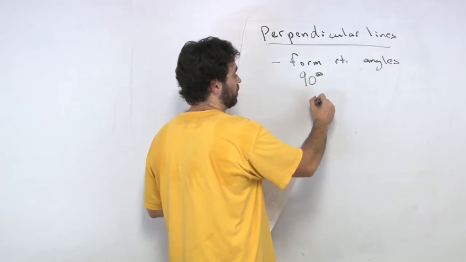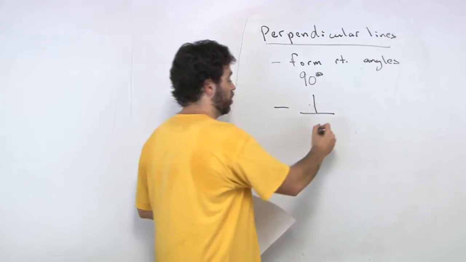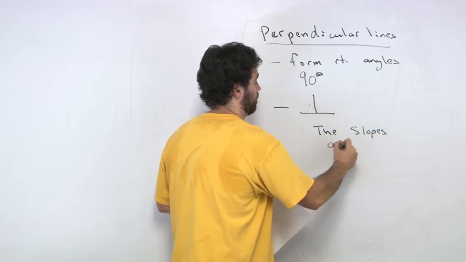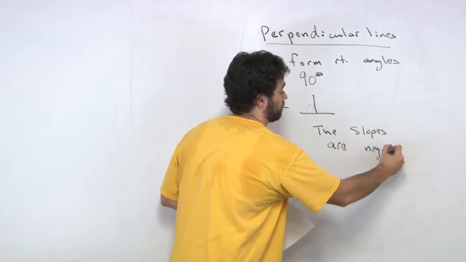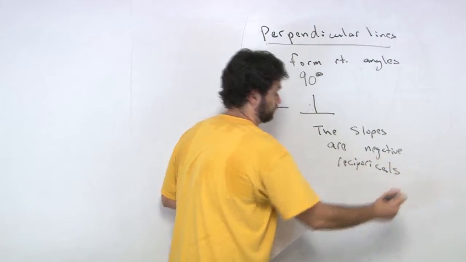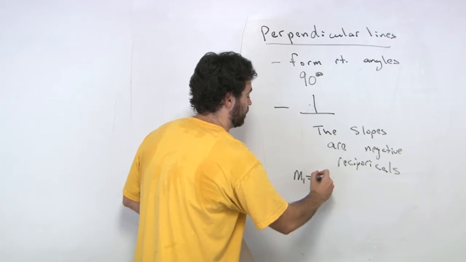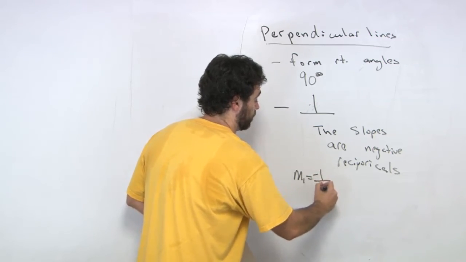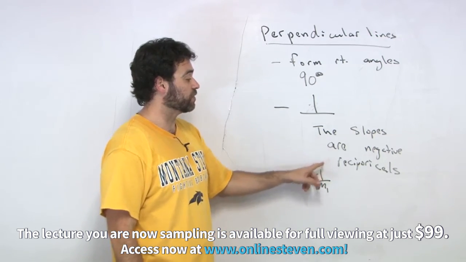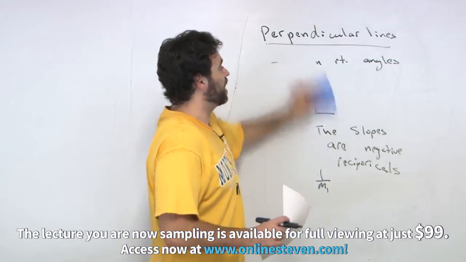And what do we know about perpendicular lines? So perpendicular lines, there's our symbol for perpendicular. Their slopes are negative reciprocals. Okay? What does that mean? That means that m1 will equal negative 1 over m2. They are negative reciprocals. That's perpendicular lines. We'll look at that in a second. That's an important idea. So parallel lines, we know